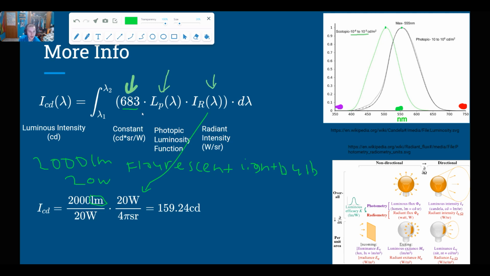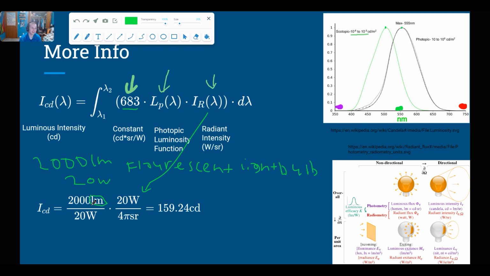Okay, and so this constant, like I said before, is idealized. You're not going to be able to get to this value, and that's because there's a lot of wasted energy in light bulbs and black body radiation that's not in the visible spectrum. So the one assumption that we are making in this equation down here is that we're just setting this to 1. Well, we're not necessarily setting it equal to 1 per se, although you could just say that we're setting it equal to 1, but in reality,